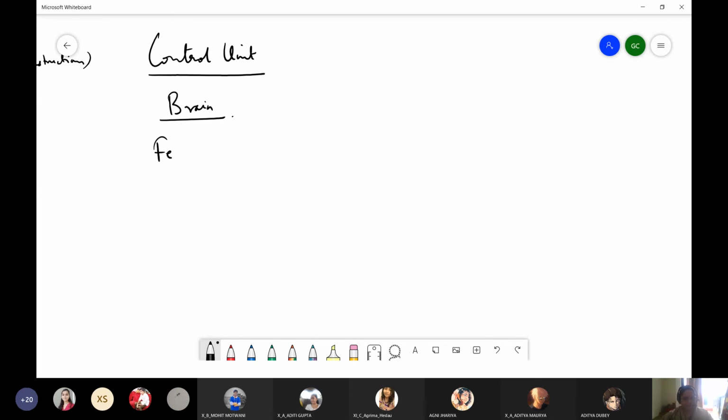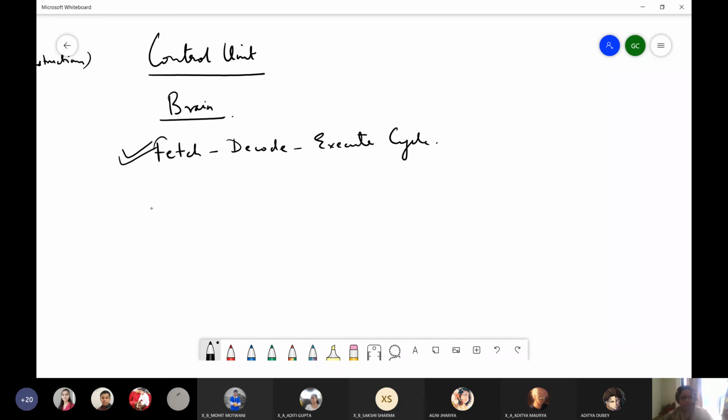It follows the fetch, decode, and execute cycle, which you will be studying in the next chapter, Insight into Program Execution. You have a chapter after this. In that chapter you will be studying this fetch, decode, and execute cycle: fetch an instruction from the program, decode it, and execute it, and then move on to the next instruction in the program.